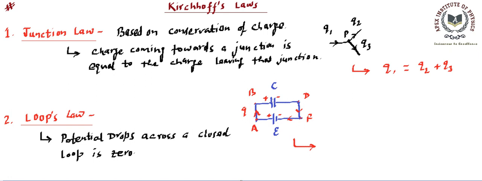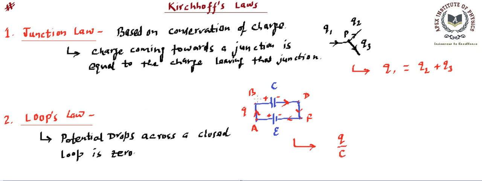Now out of this potential difference, we need to write the potential drops. That means we will be considering a decrease in potential as positive. If the potential does not drop, rather it increases, then we will be placing a minus sign for that purpose, right? So let's say we are moving from A to B, there's no drop. When we are moving from B to D, there is going to be a potential difference because of this capacitor, and this Q charge is here. So we know how much the potential difference is. Q by C is the potential difference. So potential difference across the capacitor is Q by C.